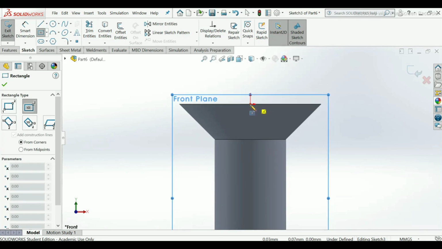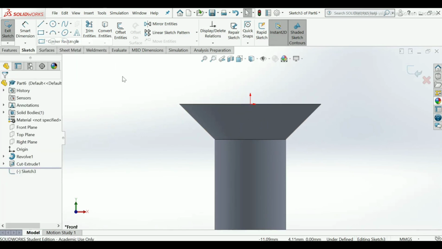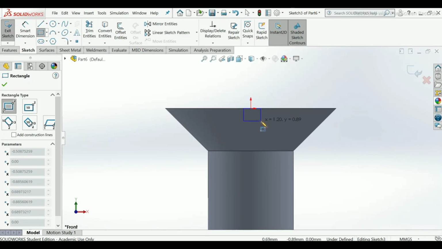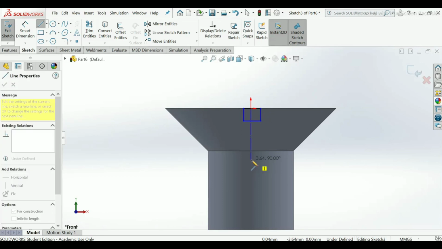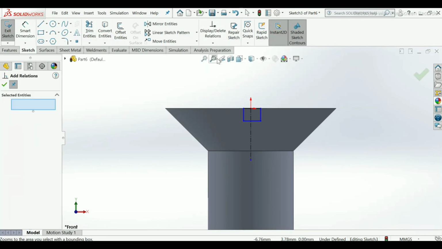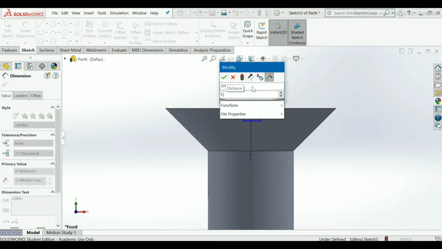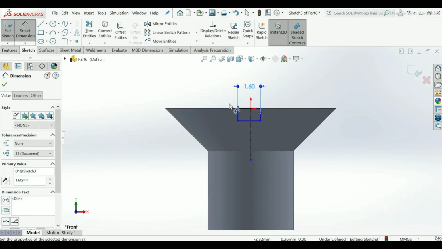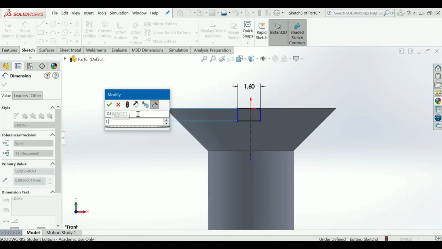Take center rectangle, take center line, add relation, or you can give dimensions first. Neck 1.6 mm, 1.9 mm depth.